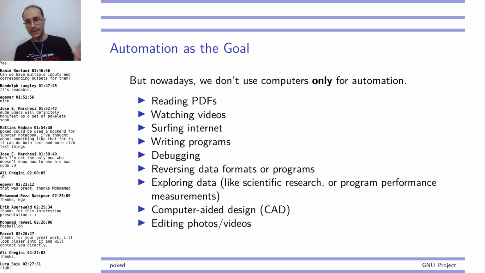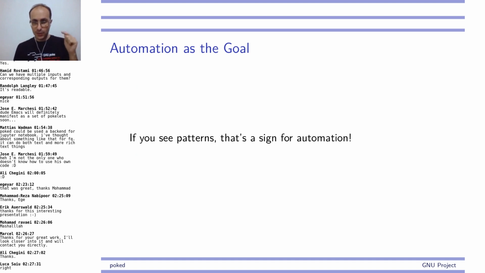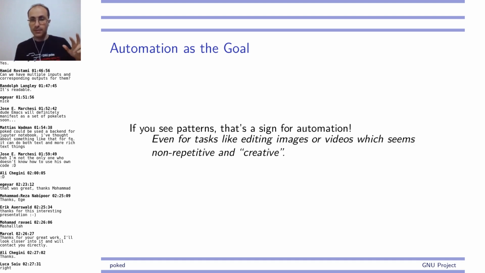And CAD or editing photos, if you look at them at first sight, these are not automation friendly. But I would say that if you see patterns, that's a sign for automation. You will see patterns everywhere. So there is some chance for automation. You don't have to do 100% automation. People may say, okay, we have some creative things like writing code or editing images or videos. These are non-repetitive, but I think